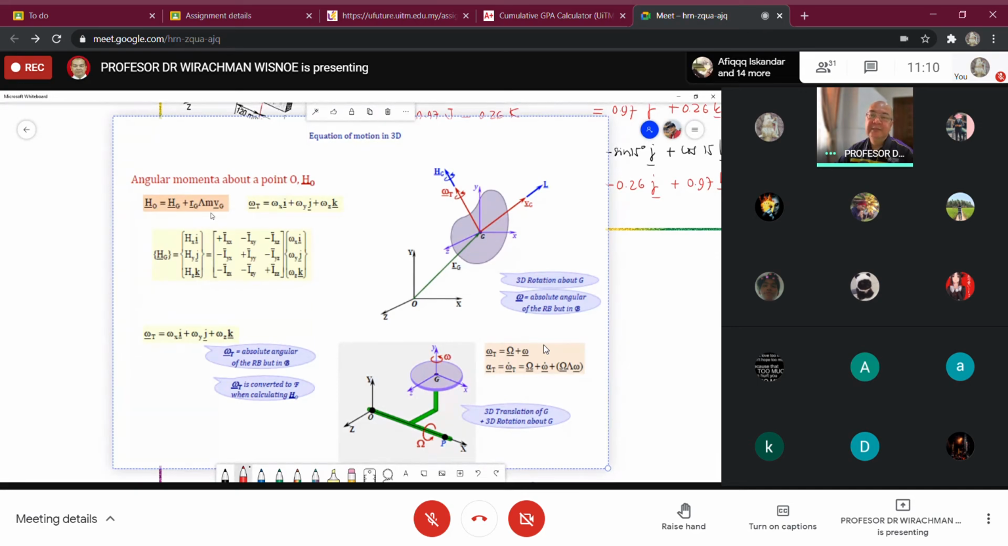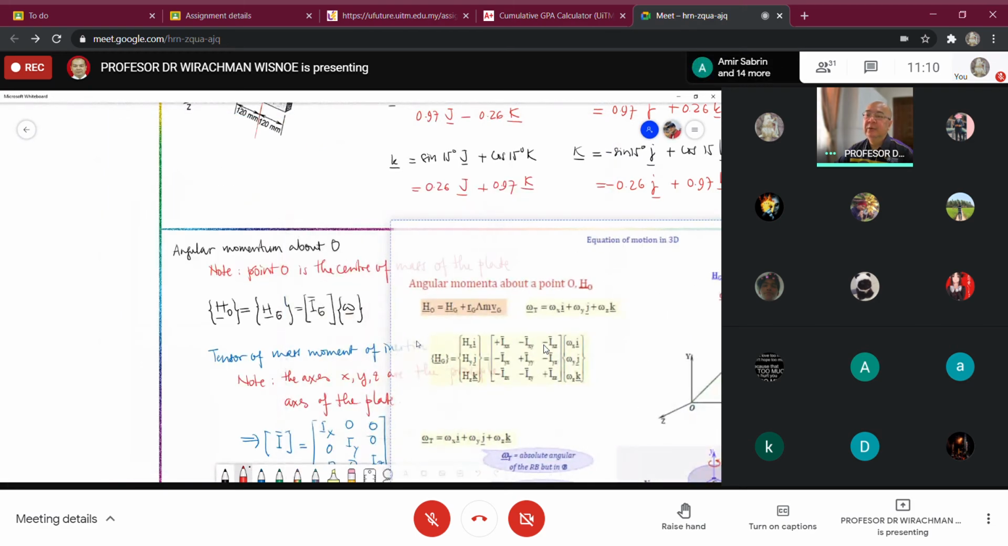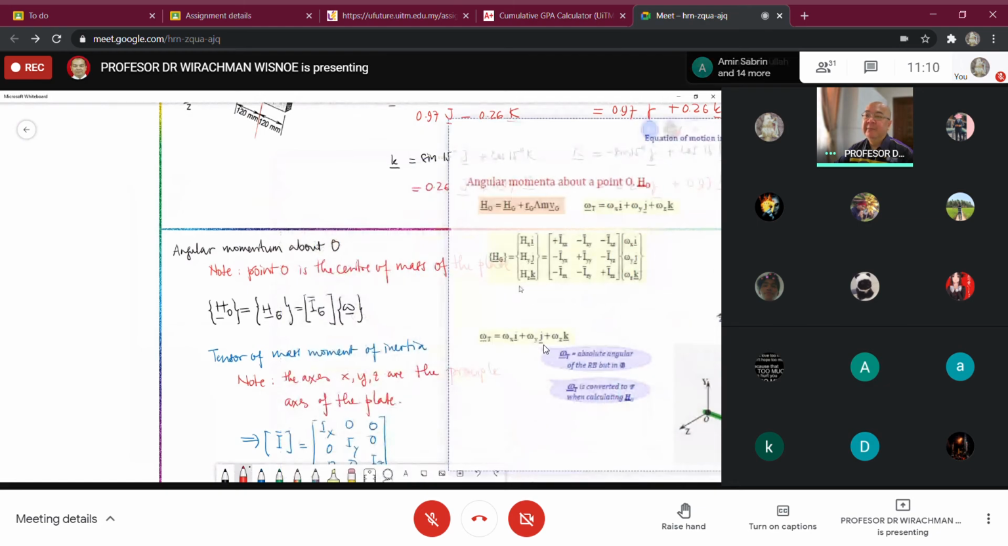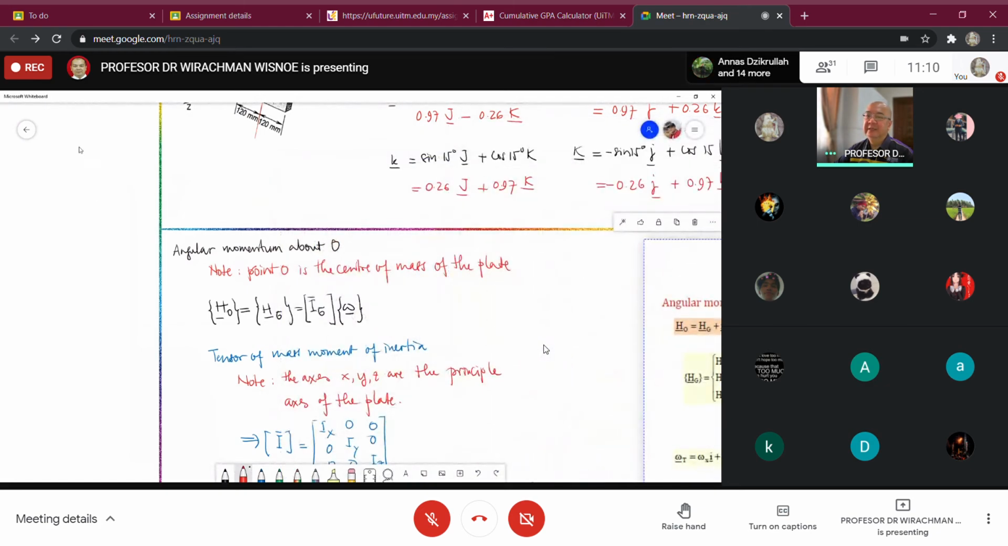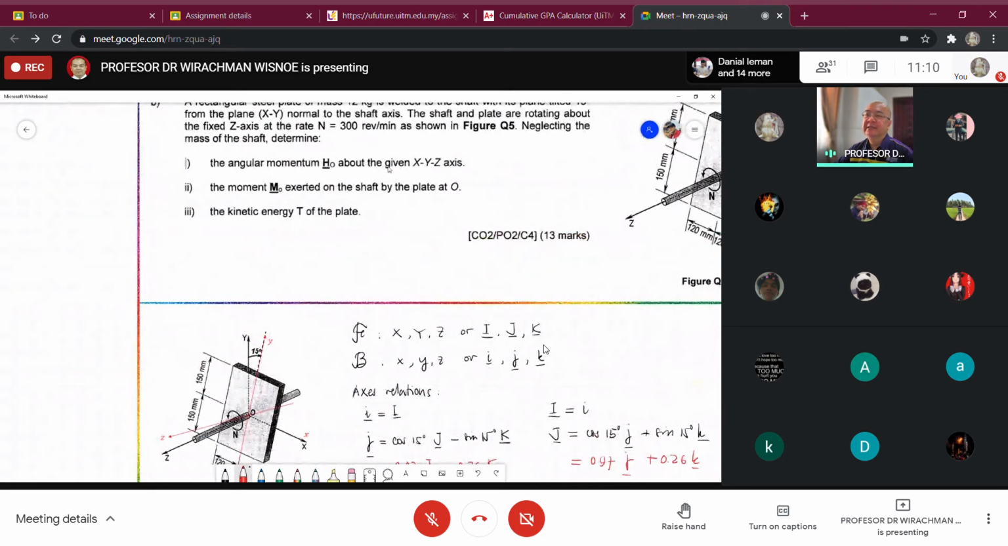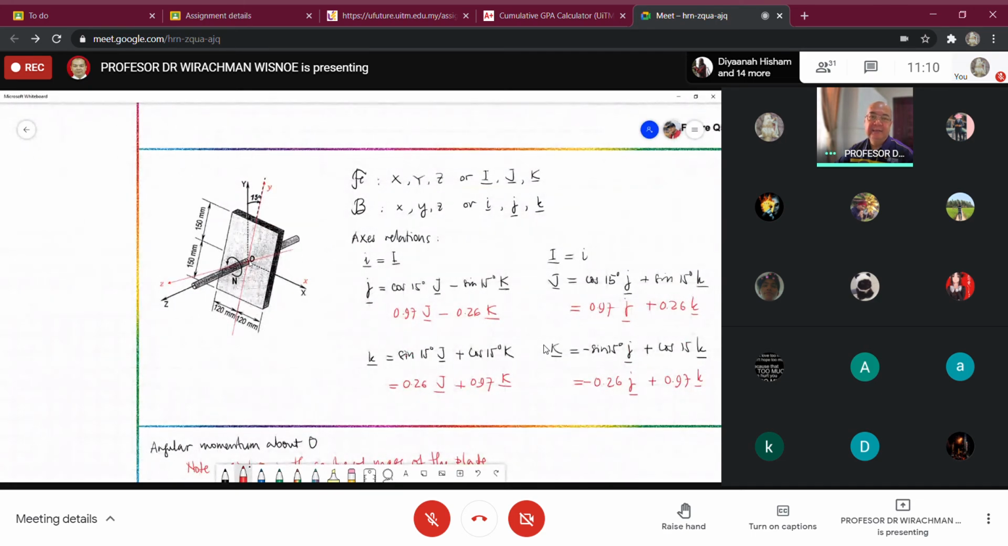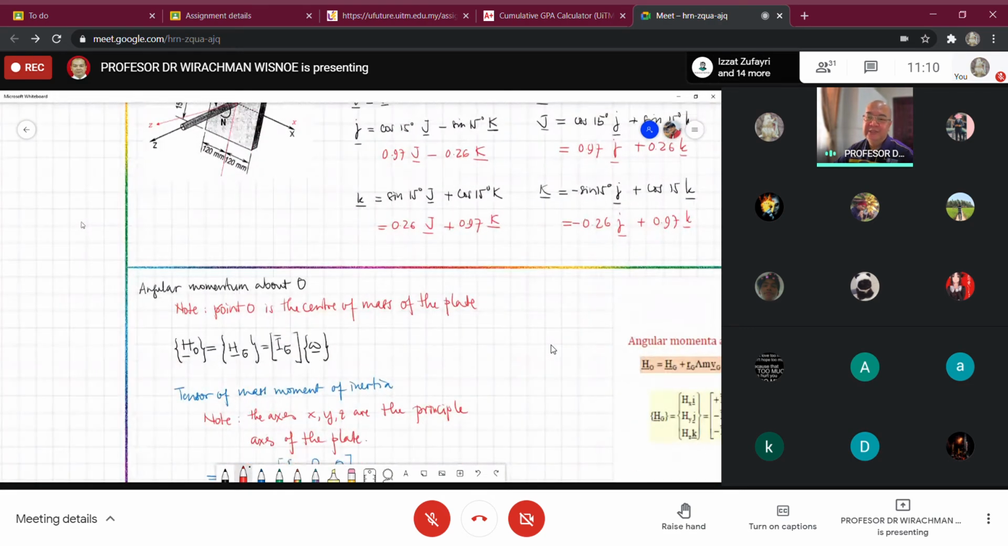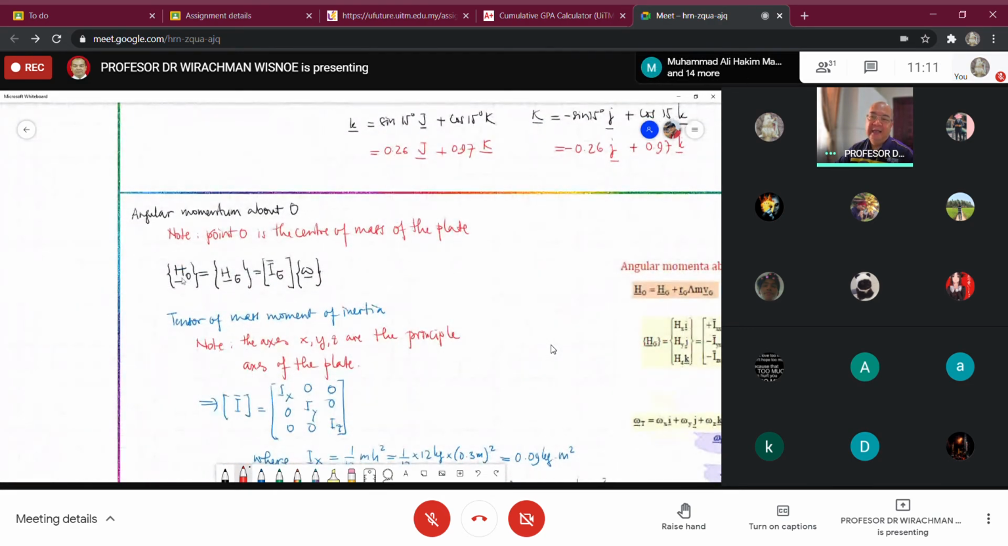But we are talking about, what's the question? Oh, Hg, yeah. By the way, before that, let's see, what is the question? The question is angular momentum about the given axis, about point O. So where is O? O is the center of mass of the plate, or G. O is G. So I write HO equal to HG. Okay? And then HG